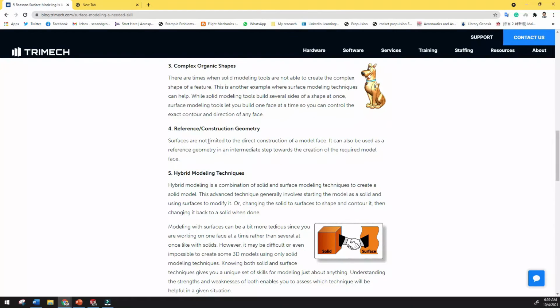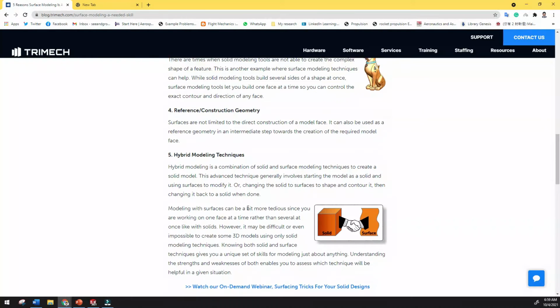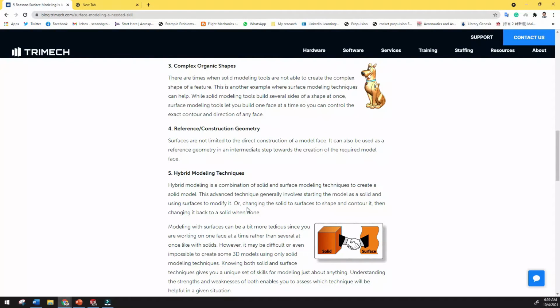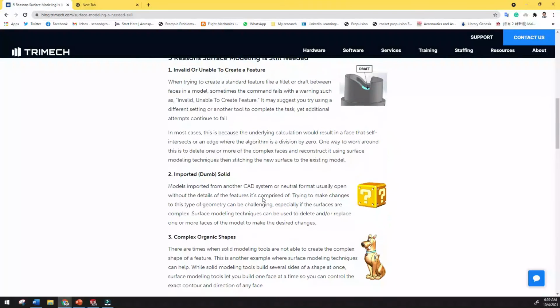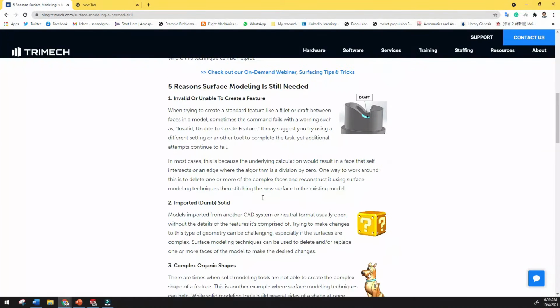Then references, construction geometry, and the last one is hybrid modeling techniques. Sometimes once you design the solid models and the surface, you can easily connect these two and easily design a complex model. So they are the 5 strong reasons why we use surface.